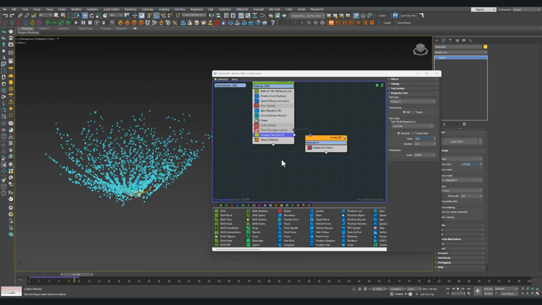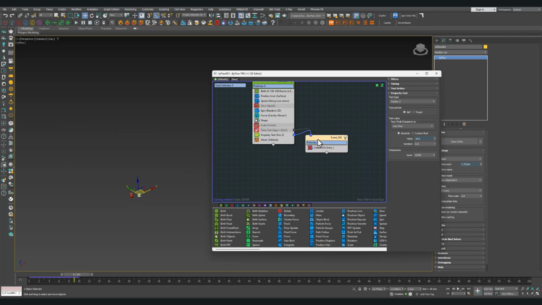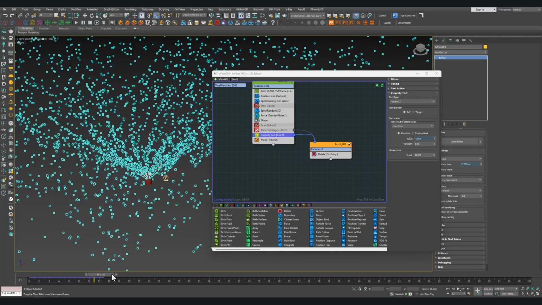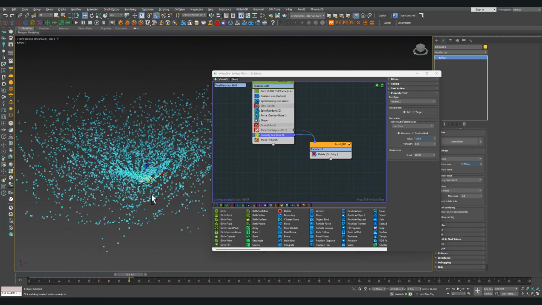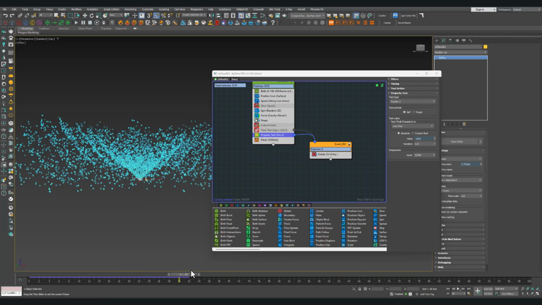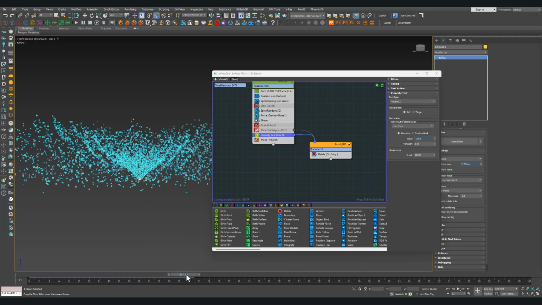Delete this. Yep. Property test, position Z, negative value. Let me show you. Now we have deleting the particles less than negative 10 centimeters